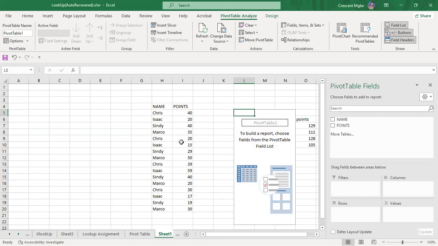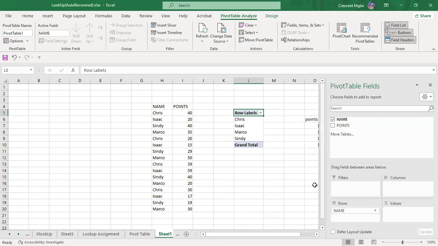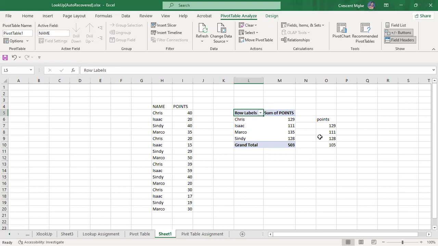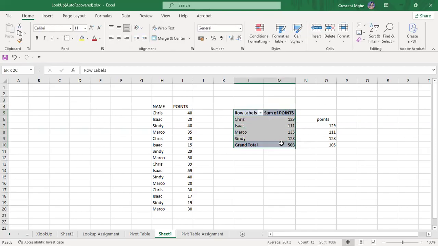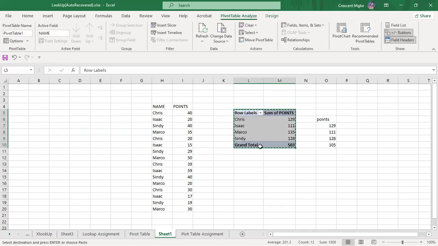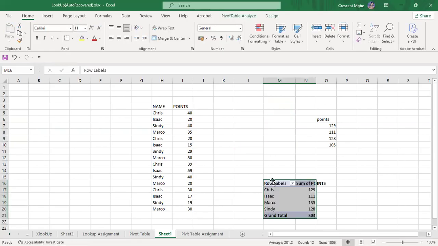I can do the same thing that we did before. I can just come here and say the name, put the name. Don't worry, I'm going to explain all this when we start the actual thing. Then I can put the values here. Now you can see the pivot table has done exactly the same thing that the other table did for us. You can see that, right? Let me remove it from here, down here. Okay. So the same thing that the other one did for us, the pivot table has done it